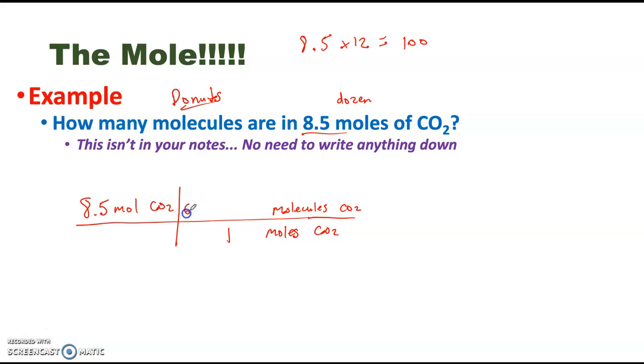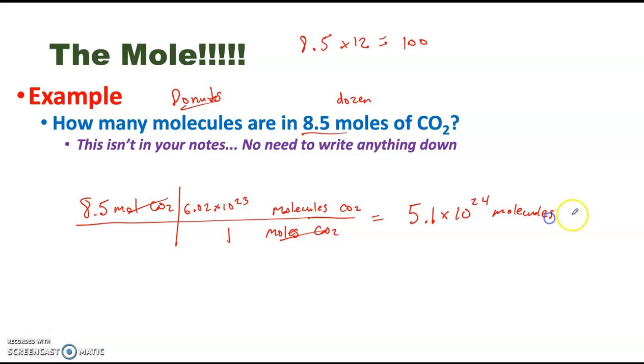The answer is 1 mole has 6.02 times 10 to the 23rd molecules of CO2. So my moles of CO2 would cancel. Then I'd take 8.5, which I'll do on my calculator here, 8.5 times 6.02 E23, and what I end up getting to 2 sig figs is 5.1 times 10 to the 24